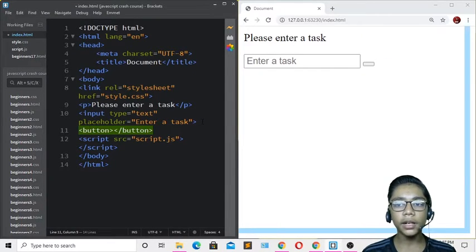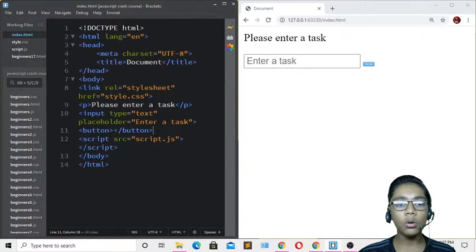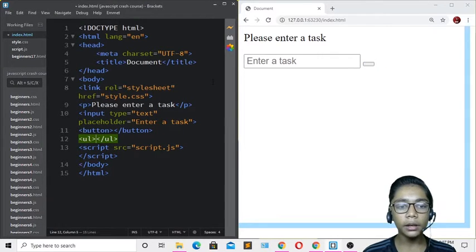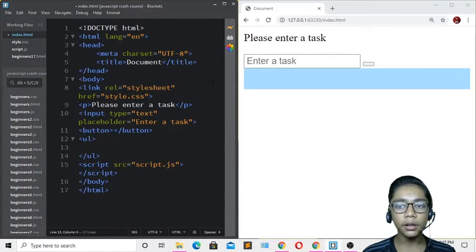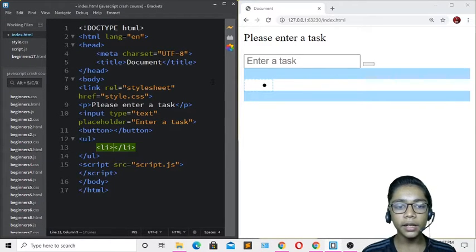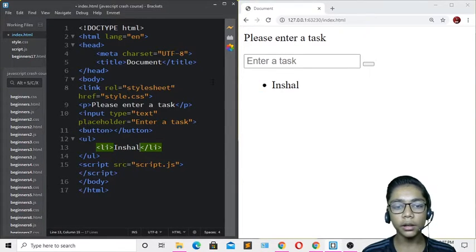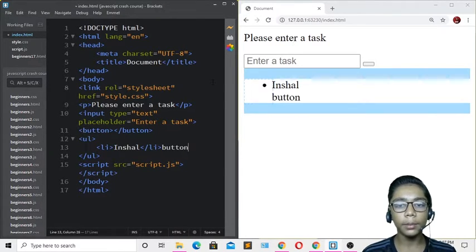So now when you've done that, you have to come over here and write nothing, just an empty button over here. I'll be hitting save. Now over here, I will be writing ul. Then underneath that, I'll be writing li tag. Then in that I'll be writing "install" like that, as if I'm writing in a list. Then in front of that I'll be writing button tag, so right over here, button like that.